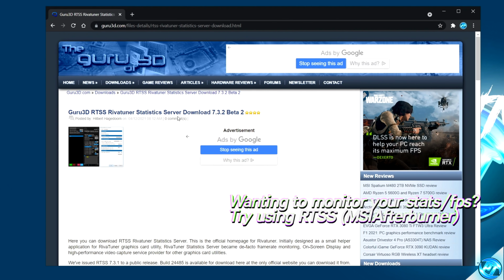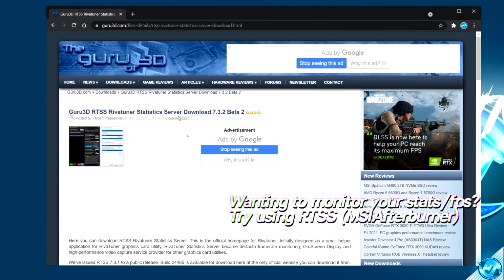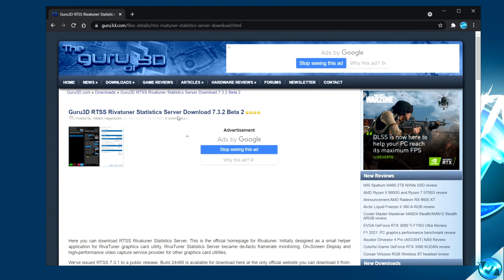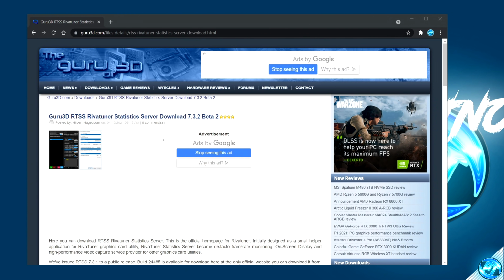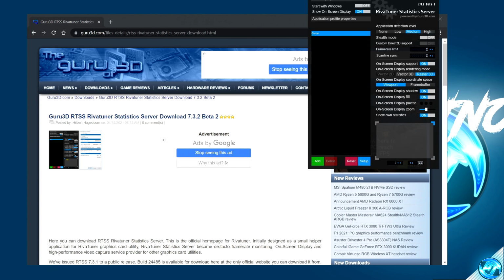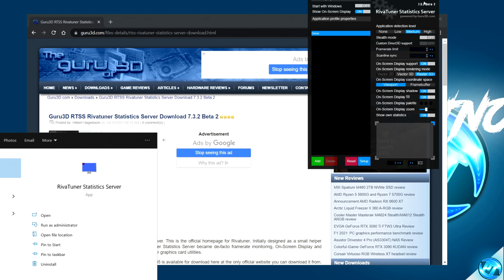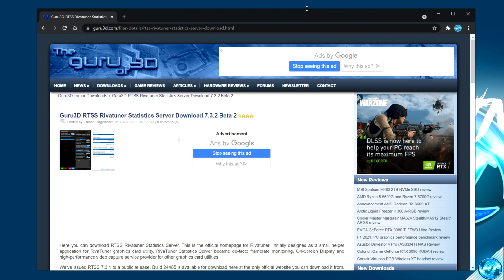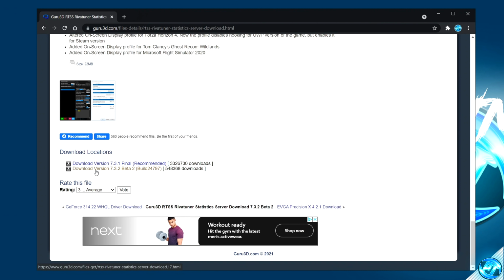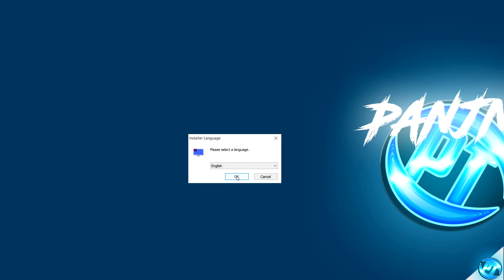My favorite method of capping FPS inside of games quickly and easily is to use the RTSS app. For those of you that have MSI Afterburner installed to your system already, you will already have RivaTuner Statistics Server installed. If you don't already have this app installed, navigate inside of the description down below to the RivaTuner Statistics Server download link, scroll all the way down to the bottom and download the latest version available to you. Select your language,